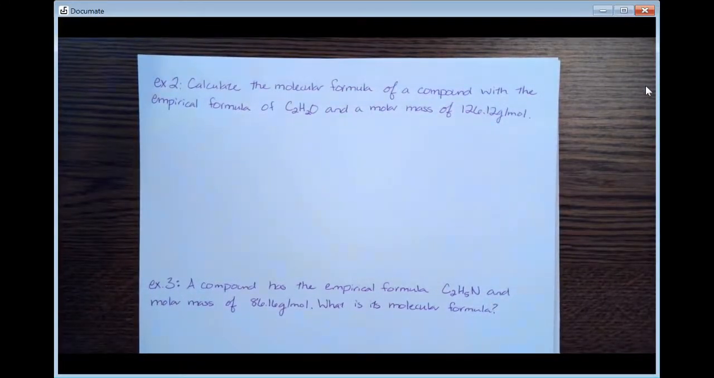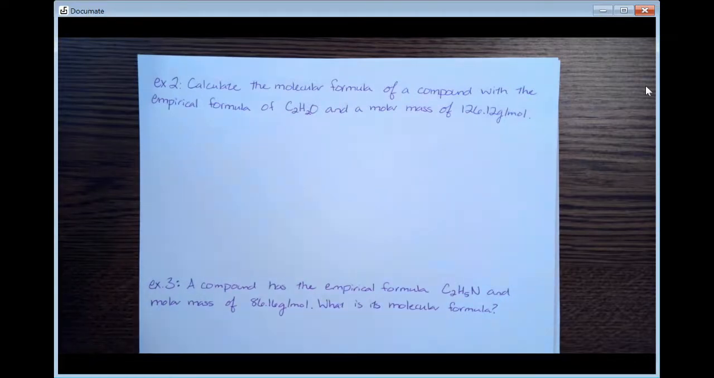Okay, so let's work through some examples. The first one, we need to calculate the molecular formula of a compound with the empirical formula of C2H2O and a molar mass of 126.12 grams per mole. So the first thing we need to do is find the molar mass of the empirical